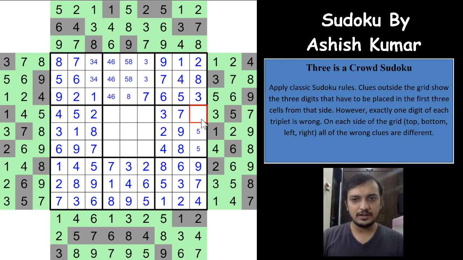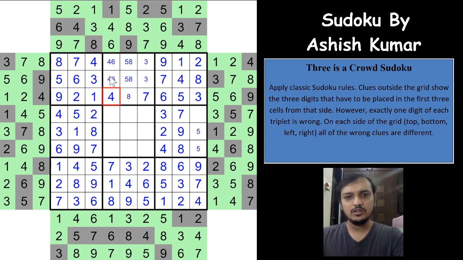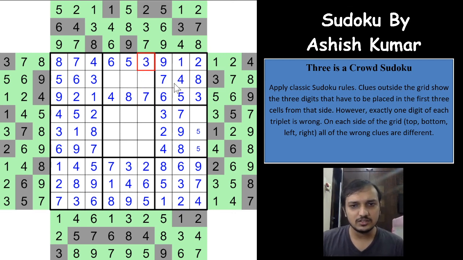We are not sure of it, right? And just we can mark the other numbers. Because of the 4 we get a 3 and 4 here, and because of these two 4s we get a 4 here, and because of the 6 we get a 6 here, and 5 and 8, right? So 5 and 5 will give you a 5 here, and 8 will be here, and 3 will have to be here, right? Now it's just about the classic thing.